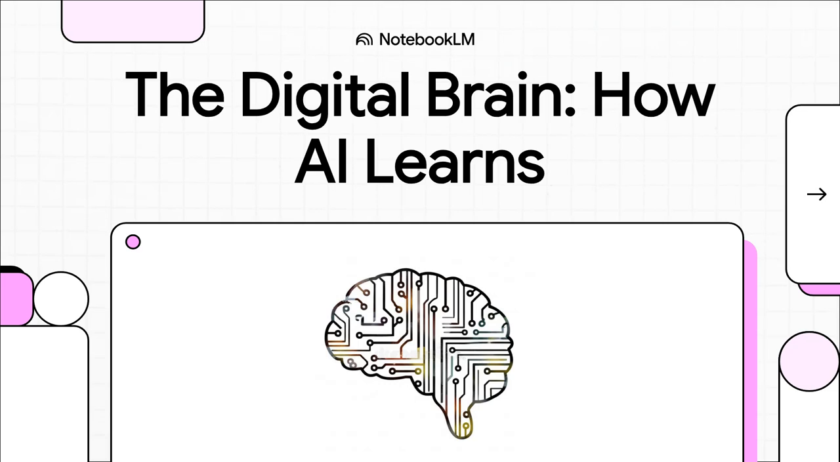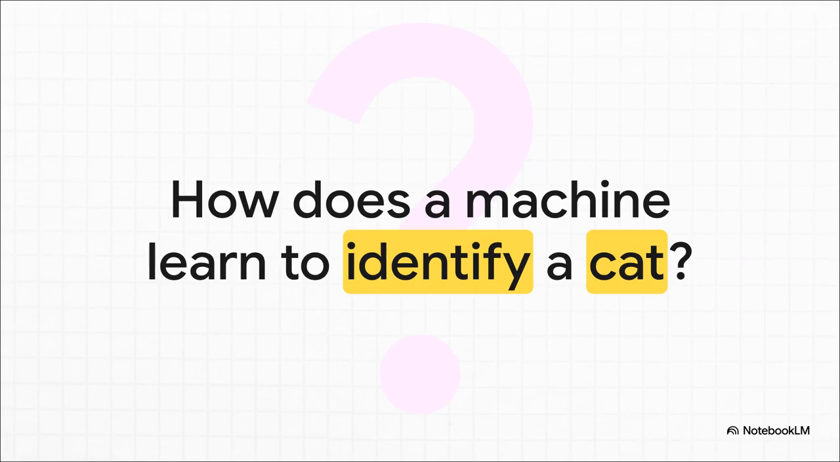Welcome to The Explainer. Today, we're going to pull back the curtain on one of the most powerful ideas in all of technology: how a machine actually learns. Seriously, this is the process that powers everything from your photo app to some of the most advanced scientific research out there. So let's just start with a question that gets right to the heart of it. How does a computer look at a bunch of pixels and somehow know that's a cat? It seems like straight up magic, but the answer is inspired by something incredibly familiar: that amazing 3-pound supercomputer sitting